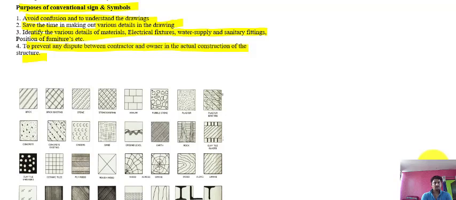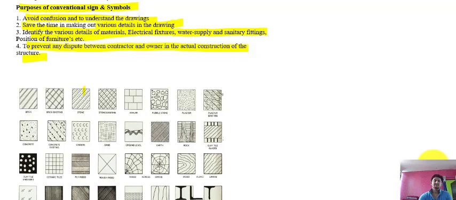When you are drawing this type of symbol, this is known as the brick symbol. When you are showing double lines and a single line this way, this is existing brick. And the stone symbol will be like this, stone existing will be like this. I will be providing you a PDF for the symbols so that you can easily see them.